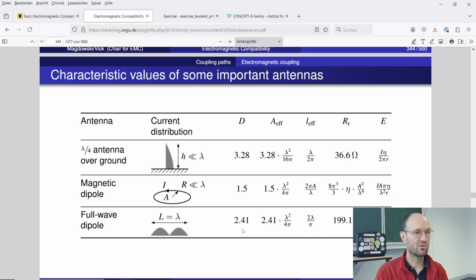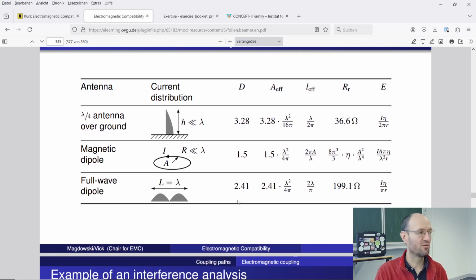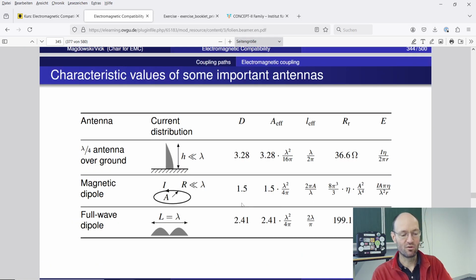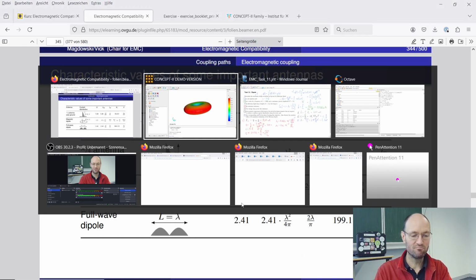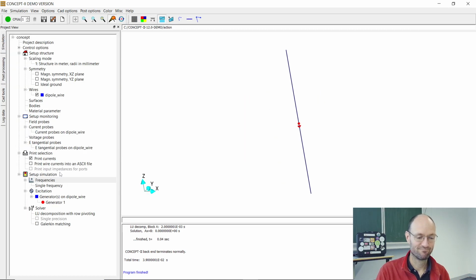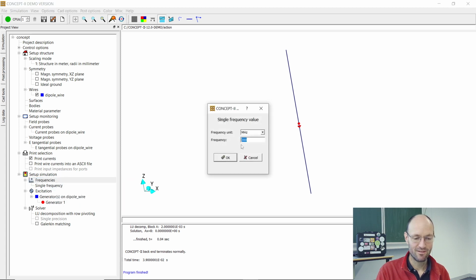And now you can imagine if you go higher in frequency, the directivity increases. So one lucky guess would be that the dipole gets flatter and flatter and flatter. But if we go to this 450 that we had before,